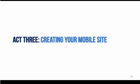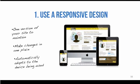All right, so Act 3, let's talk about creating your mobile website and some best practices for doing so. First is use what's called a responsive design, okay? A responsive design is essentially a website technology that automatically adjusts your website to the device that it's being viewed on, okay? So if you design a responsive website for being viewed on a computer, well,